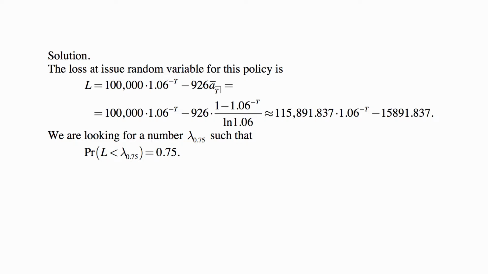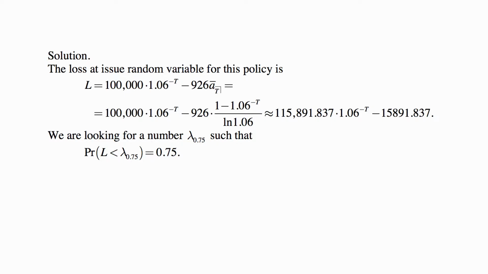So we calculate the numbers that we have there, and if you combine the terms that have 1.06 to the negative t in them and the numbers, this ends up looking like this: 115,891.837 times 1.06 to the minus t, minus 15,891.837. We are looking for a number, and I didn't want to write